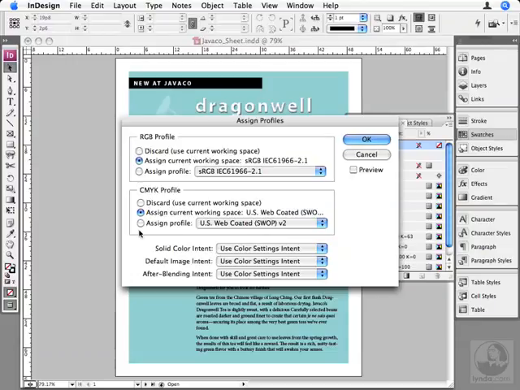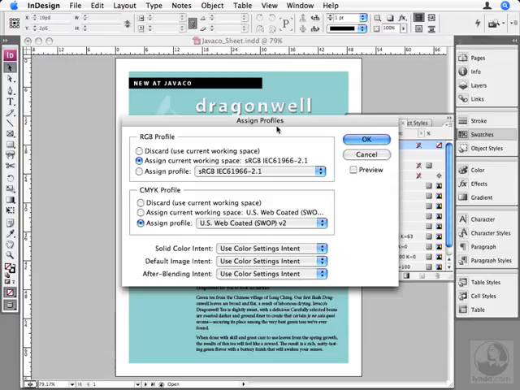You may want to change your CMYK profile, however, and assigning a new working space profile is like saying the colors in this document now mean something different, because cyan now looks like this, and magenta now looks completely different, like this ink over here. And that's why when you assign a different profile, the colors you see on screen will almost certainly change, even though the numbers behind the colors, the definitions of the colors, won't change.